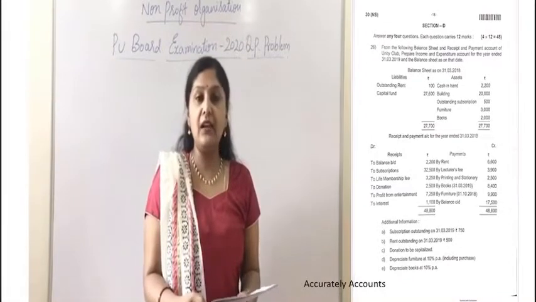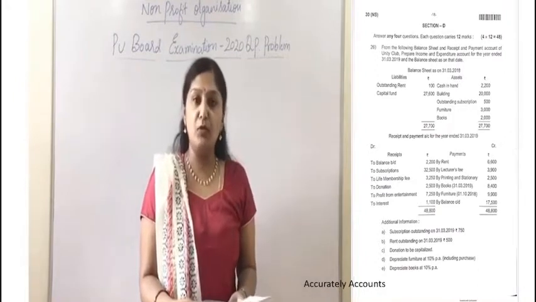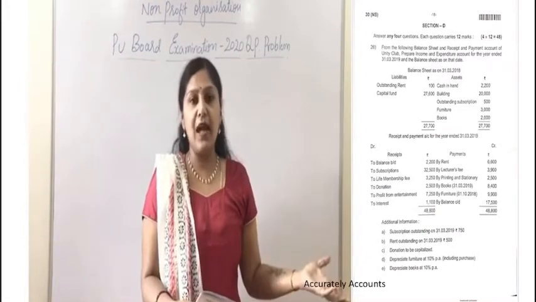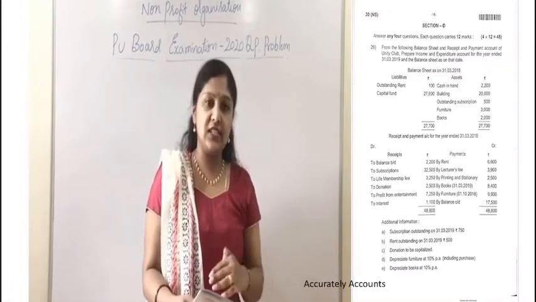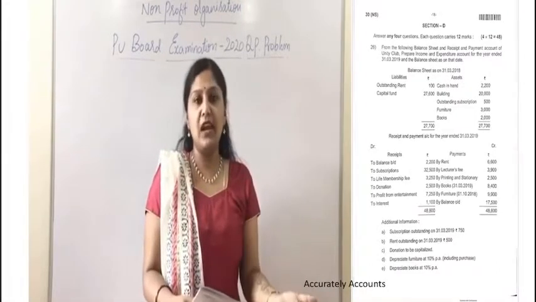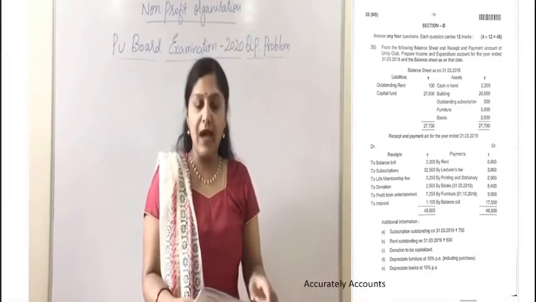And after that we can observe books. Within the bracket they have mentioned the date. This is the date of purchase of additional books. See, if you look at the previous year balance sheet, the books are already given in the problem. So in addition to the existing books, further purchases are made in the current year. So we need to treat this below the asset side of the balance sheet.